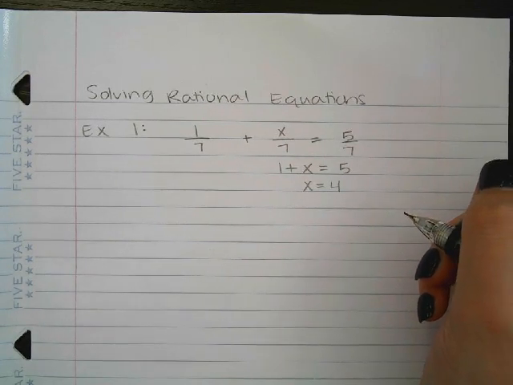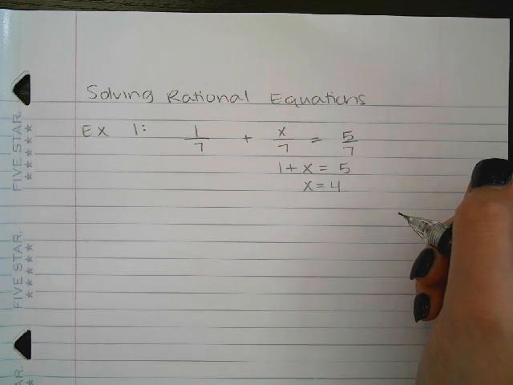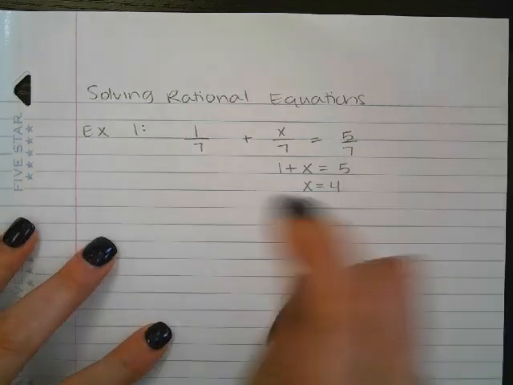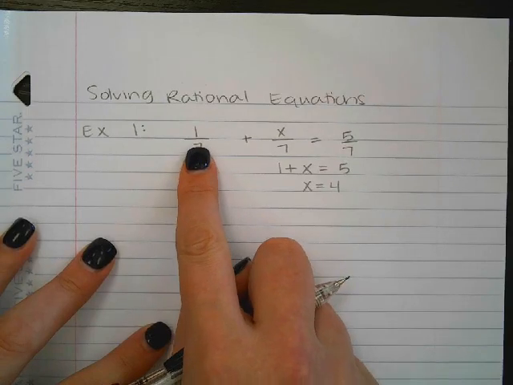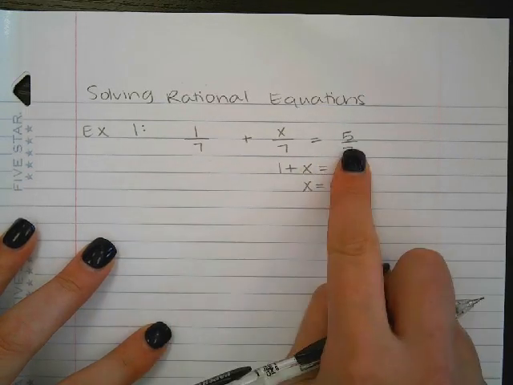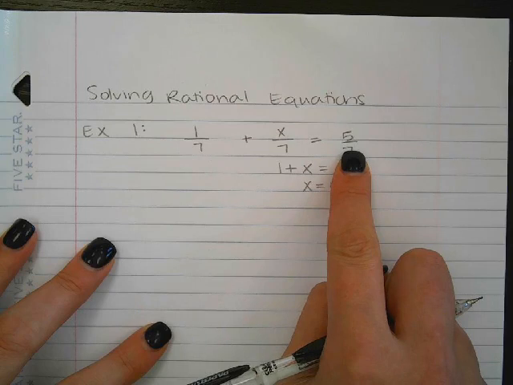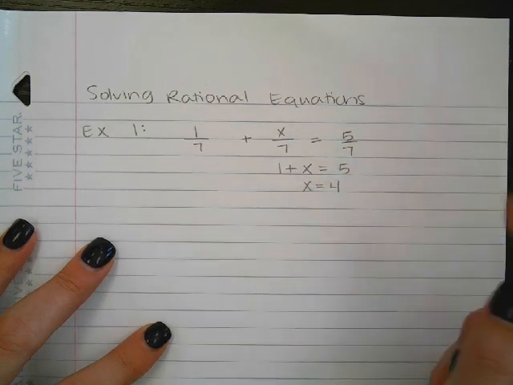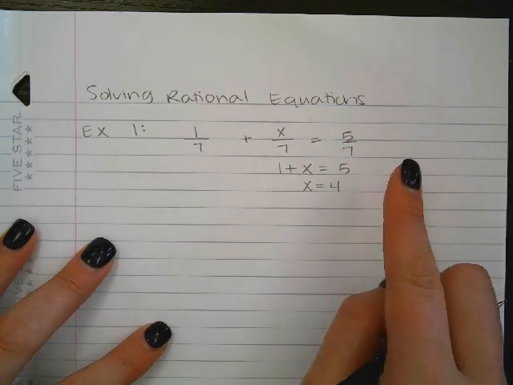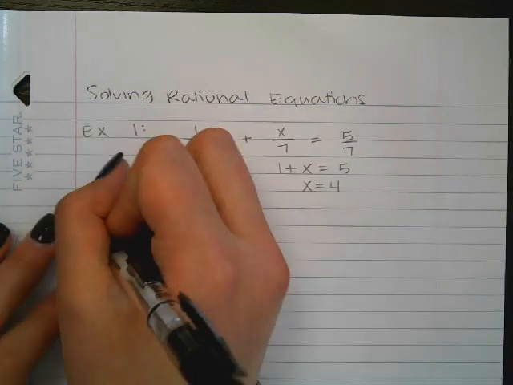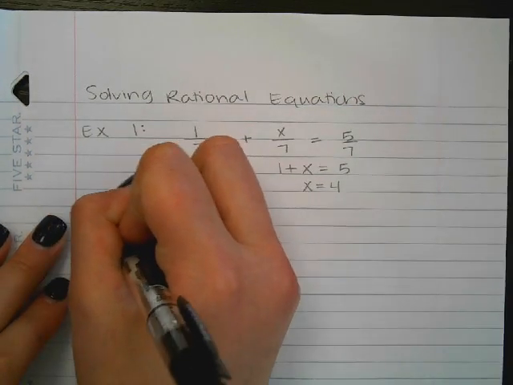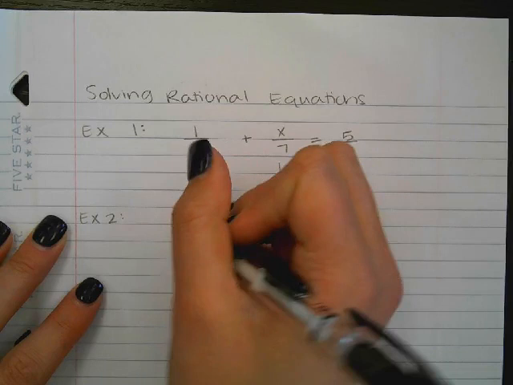So obviously they're not going to be that simple because we are in an upper level high school class, but we're going to use that idea. So the idea is if you have a common denominator for all of the fractions in the equation, then you can kind of ditch the denominator, you can just ignore it and solve the equation. All right, so here is our next example. We're going to do